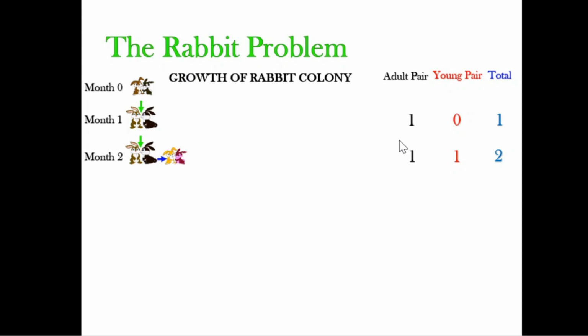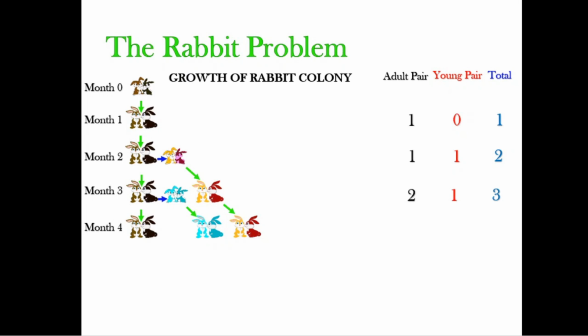And then after another month, this same rabbit here will produce another offspring. That's their second generation offspring. And then the first generation offspring becomes mature in the 3rd month. So in total, you have 3 pairs of rabbits, 2 adults and 1 pair of young rabbits. So we will simply repeat this process. For example,